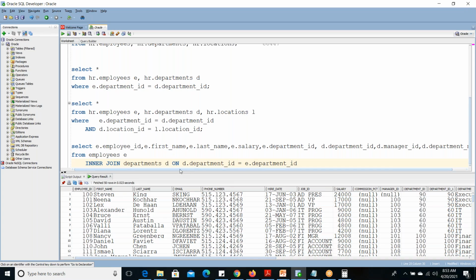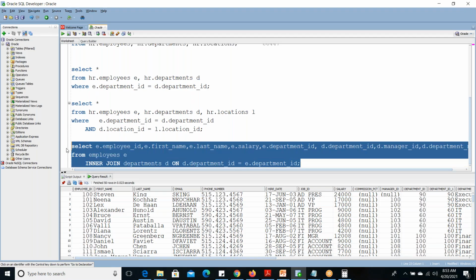which is the common column, that condition we can give like this. In where, which we were writing, same thing we have to give in on here. On D.department_id equal to E.department_id. A equal to B, B equal to A, both are same. So E.department_id equal to D.department_id also we can give, or D.department_id equal to E.department_id. Anything is same, so no confusion here. Semicolon. So if we execute this,